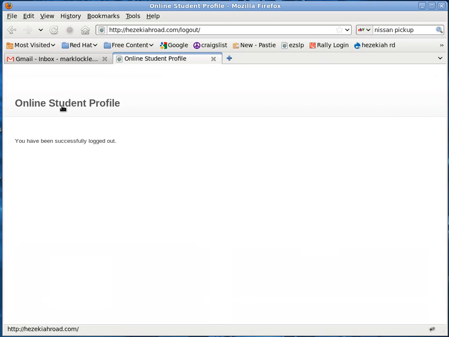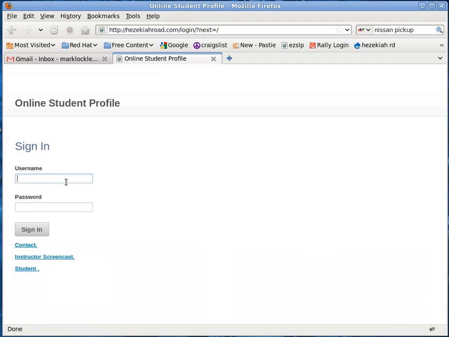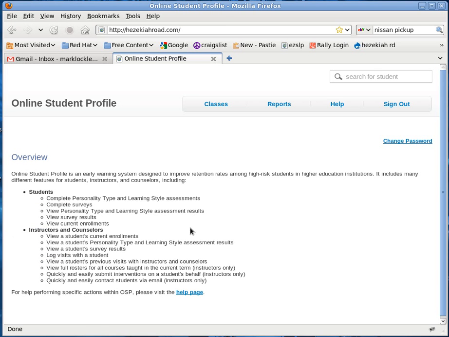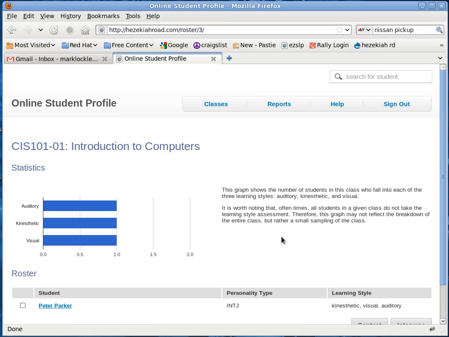One other thing I want to look at is, as an instructor, I'll log in as an instructor here. As an instructor, when you look, we talked about on this main page for the class, you can look at the statistics for your entire class. You can look at, do I have a class that leans toward auditory, toward kinesthetic? With the example we've got here, it's pretty evenly spread amongst the 3, but you may have a very auditory